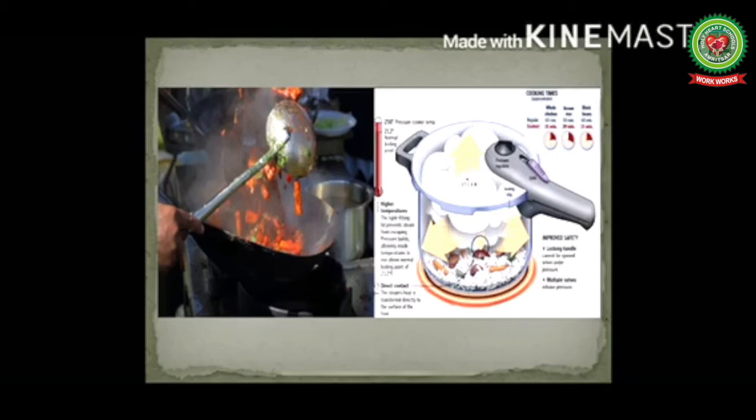When we use a pressure cooker for cooking, in a pressure cooker the steam is not allowed to escape out, due to which the pressure will build up in the pressure cooker. Obviously it will increase the pressure in the pressure cooker, which will increase the boiling point of water. And in a pressure cooker, my dear children, the boiling point of water increases from 100 to 120 till 125